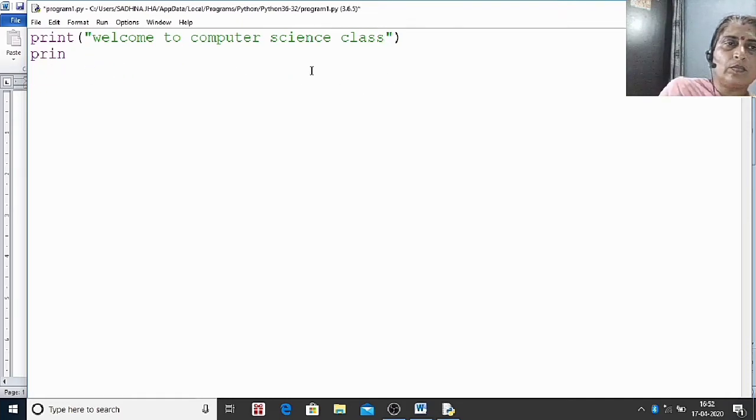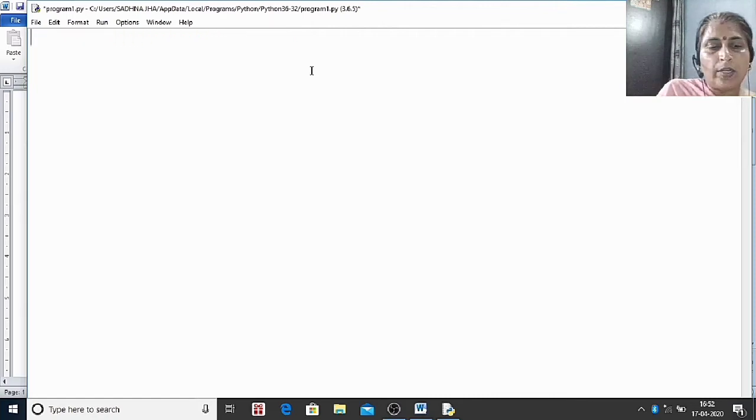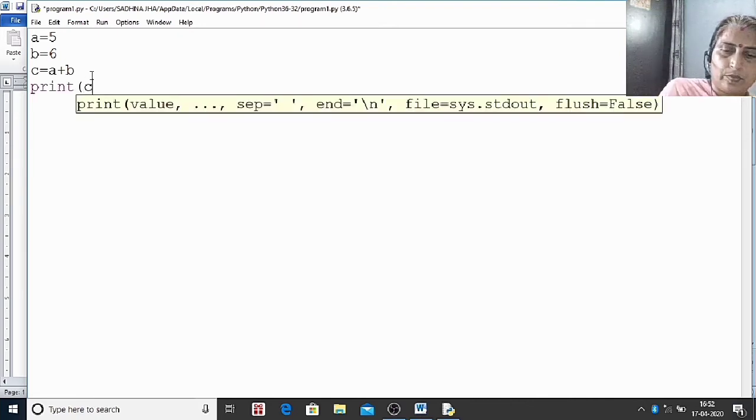Now suppose I want to calculate a sum. Suppose I am giving A the value 5 and B the value 6. And now C, I am saying A plus B. That means A is 5, B is 6 and C is equal to A plus B. That means 5 plus 6, it will be 11. Now I will run this. Save this file and run it through the F5 shortcut. You can see